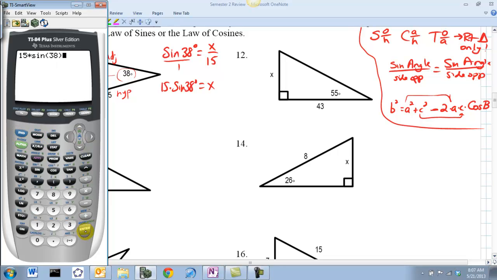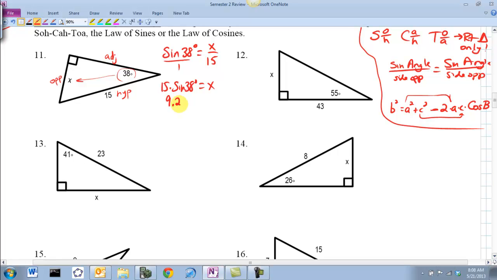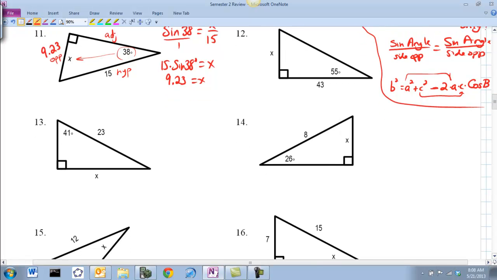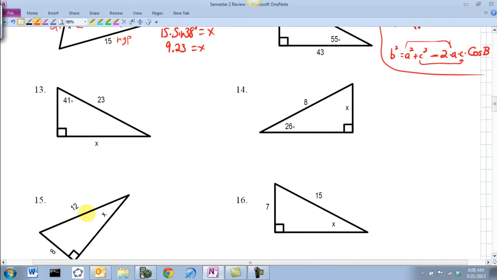If I'm in radian mode, all my answers are going to come out wrong. So 15 times the sine of 38 is 9.23, which fits. The 15 hypotenuse should be the biggest side, without a doubt. So 9.23 is the value of x. I'm good to go. Alright, so I'm going to try my hand on number 13 using the law of sines,